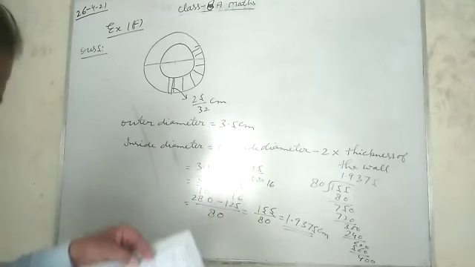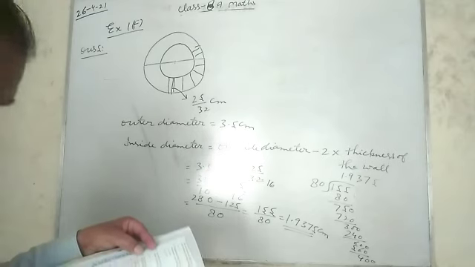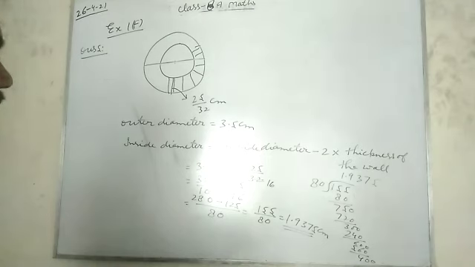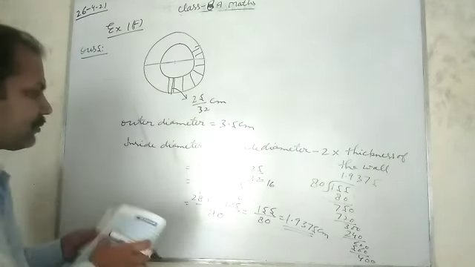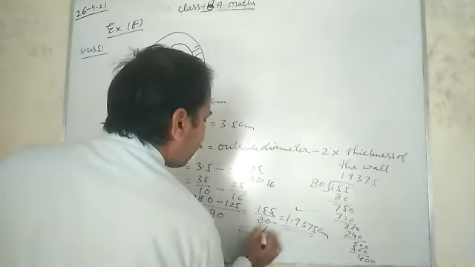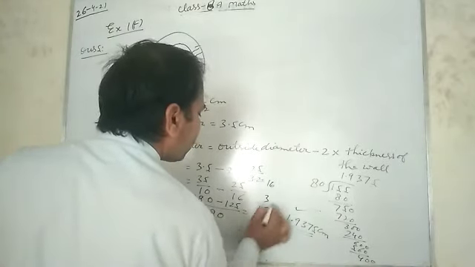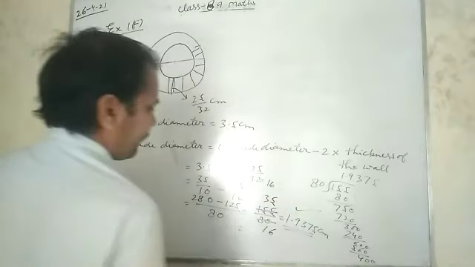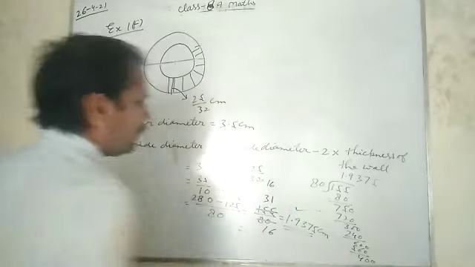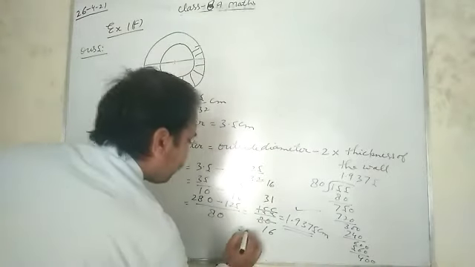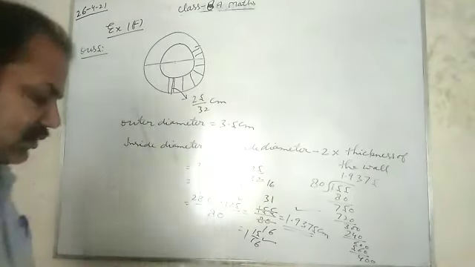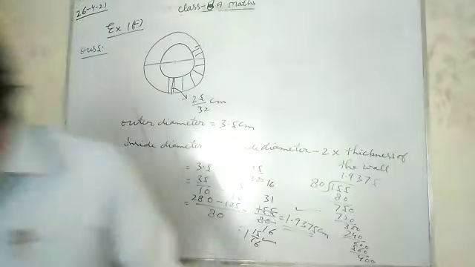This is question number 5. 15 by 16. Okay, 15 by 16 also can cut. This also is correct, no problem. So 5 by 5 you cut it. So 31 by 16 means 1 and 15 by 16, both are correct, this and that both. Okay. Then question number 6.